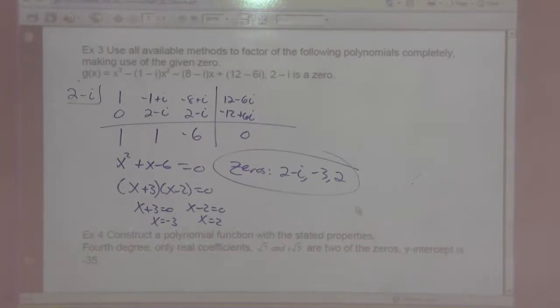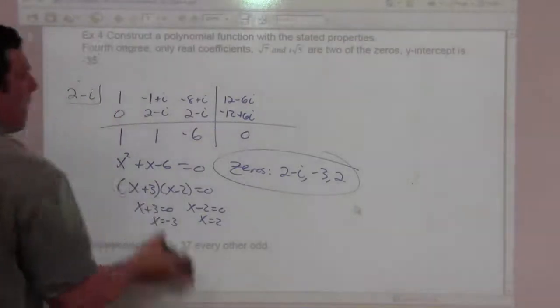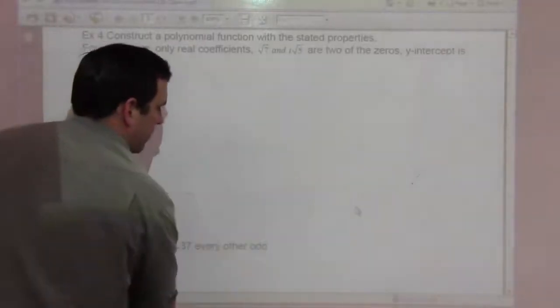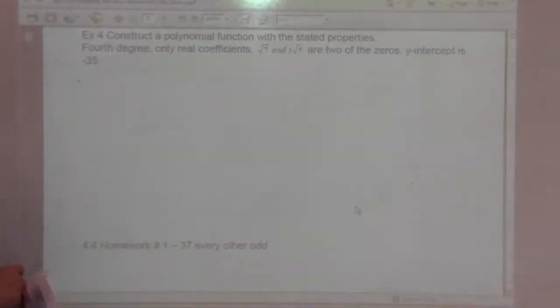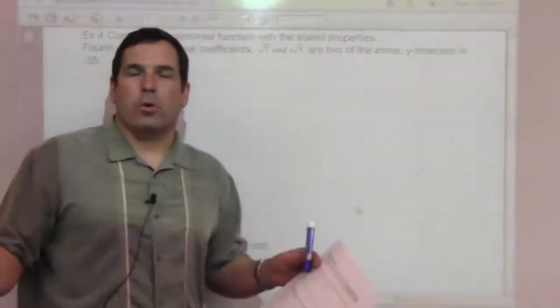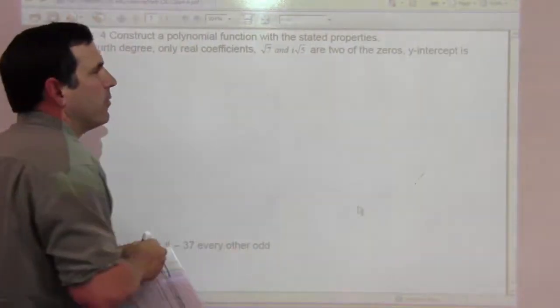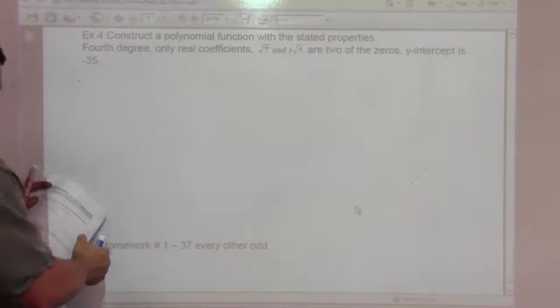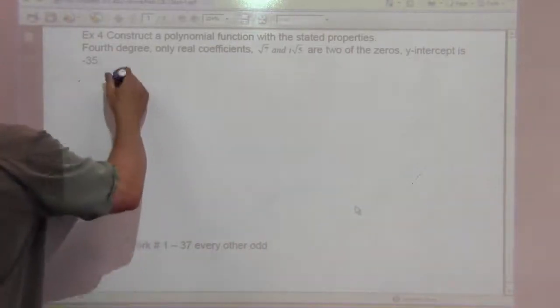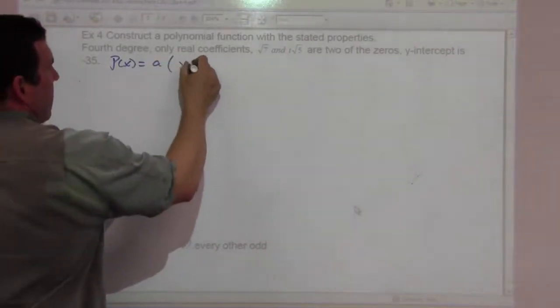I'm going to go to the bottom of this page. So to construct, we get to construct something now. We get to be polynomial builders. Construct a polynomial function with the stated properties: fourth degree, only real coefficients. So being only real coefficients, if we have a complex root, its conjugate must be there. Oh, look at that. Square root of 7 and i root 5 are two of the zeros, and the y-intercept is negative 35. Okay. So P of x is going to be a times,